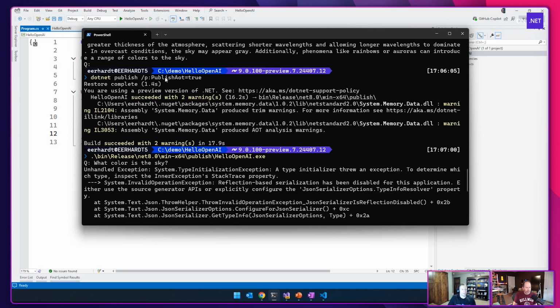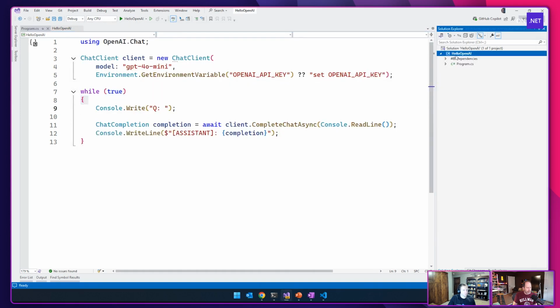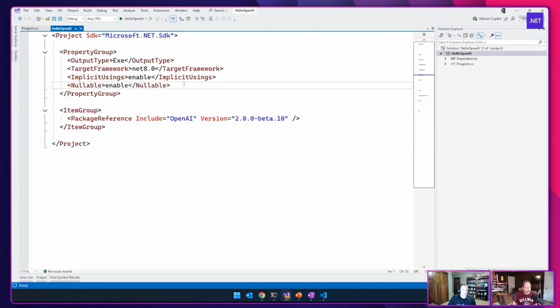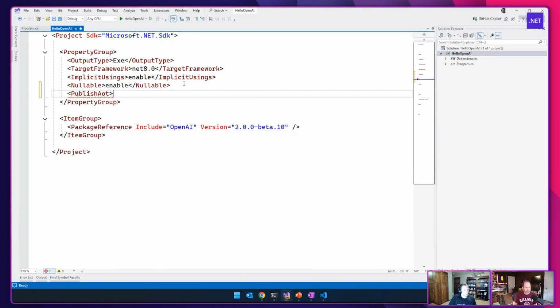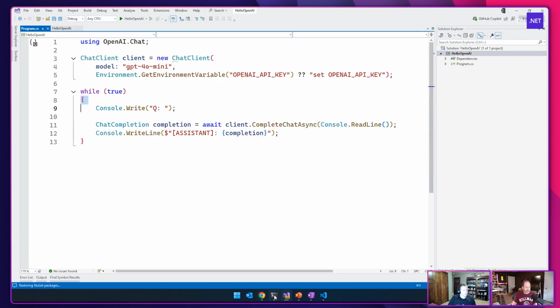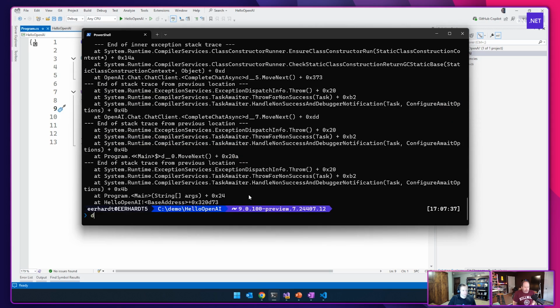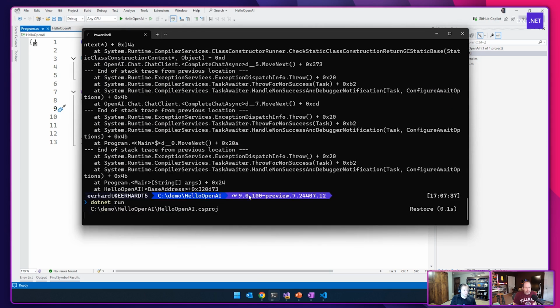And so let's just do it real quick. If I come into my project and I say publish AOT is true, compile it. So now, if I come back here and I say .NET run, you'll see we didn't have to sit through the AOT publishing, right?